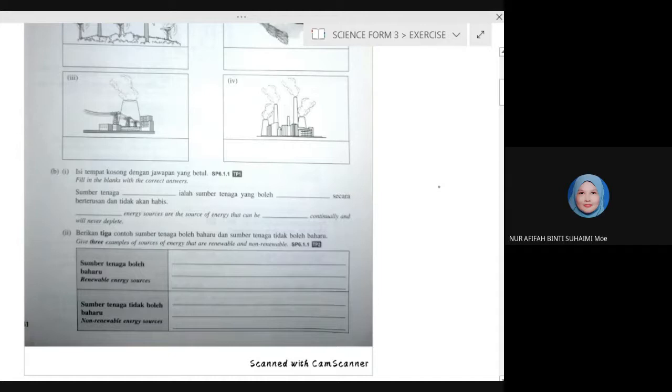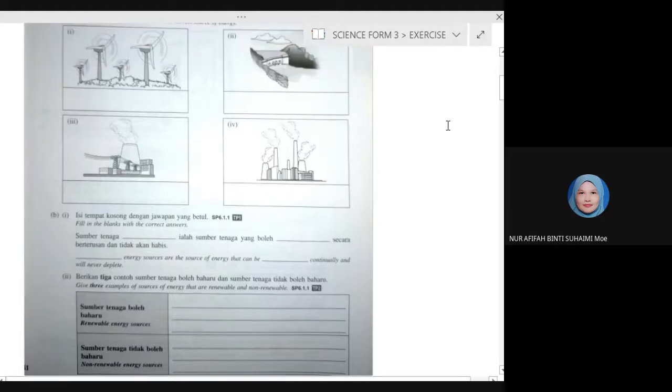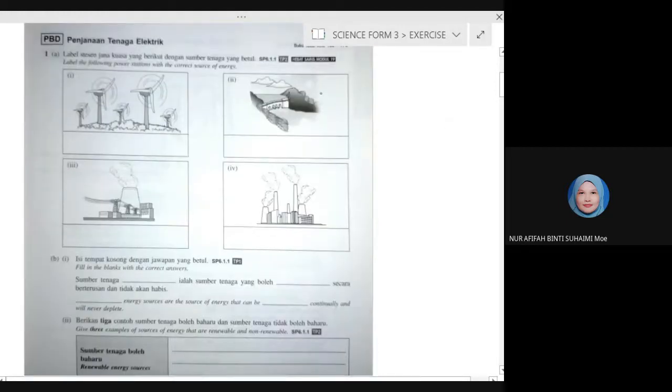Okay, B1. Fill in the blanks with the correct answers. What energy sources are the source of energy that can be continually used and will never deplete? What's the answer? What type of energy? For number 1, we have